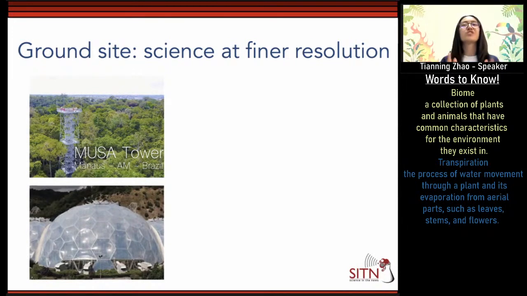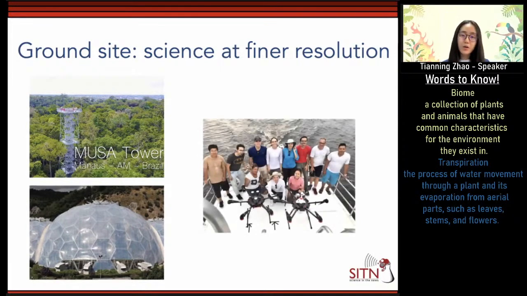If you're interested in projecting the future, to see if we increase the CO2 concentration by another 50 ppm, what is going to happen to the plants? If we increase the temperature by another 5 degrees C, what is going to happen to the plants? That's what people would do in small chambers or bubble domes. In those regions, you can change the conditions easily and see how the specific plant reacts. And for our group specifically, we focus on extending this single point measurement at the ground site by using unmanned aerial vehicles.